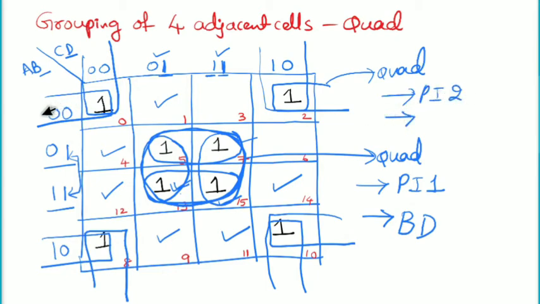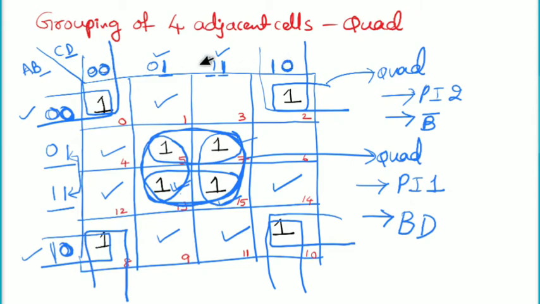Let us consider that this covers this row and this row, and the row values are 0 0 and 1 0. So that means from 0 to 1, a is changed. The second variable is maintaining the value 0, from 0 to 0. A 0 value means you need to write the complement form. The literal should be with the complement. Next, this group is maintaining 2 rows, one is 0 0 and the other is 1 0.